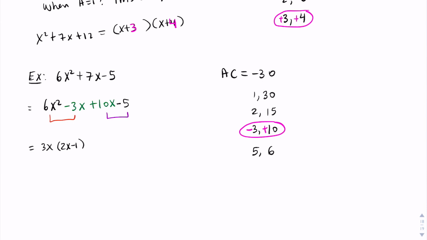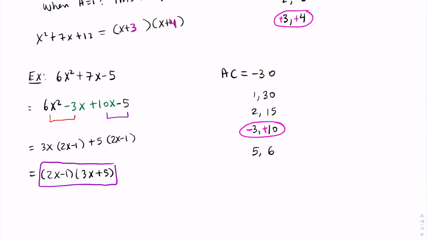And in the second group, we can factor out positive 5, and if we factor out positive 5 from that, we'll get, yeah, 2x minus 1 is the common factor in both terms. So we're going to have 2x minus 1 times 3x plus 5. Or if you want to write 3x plus 5 first and then times 2x minus 1, that's perfectly fine. The order in which you write the factors is not important. So this will be our answer for that one. But hopefully you get an idea of